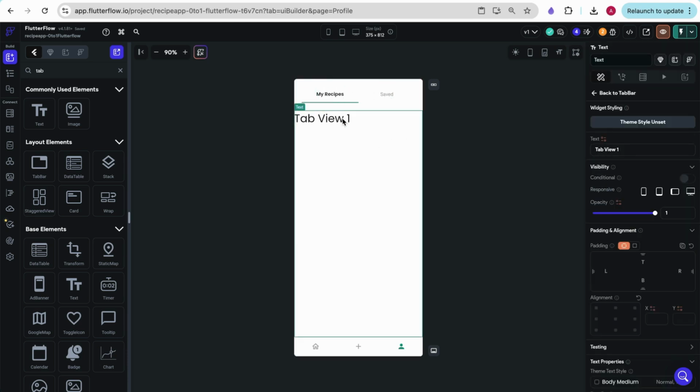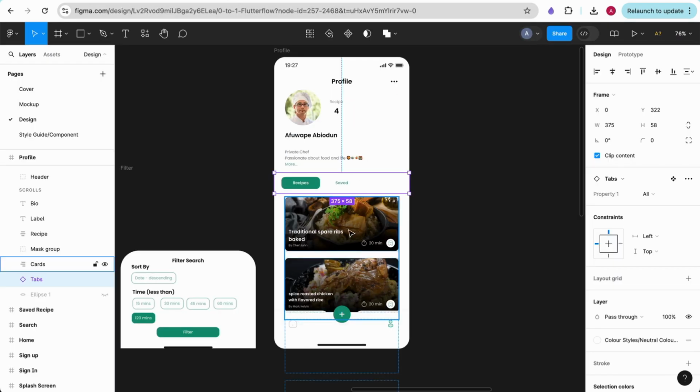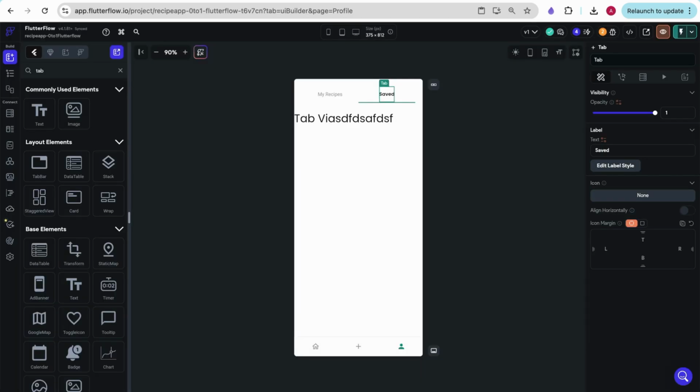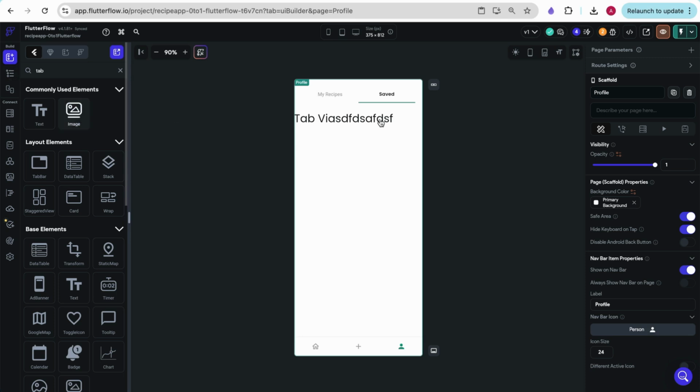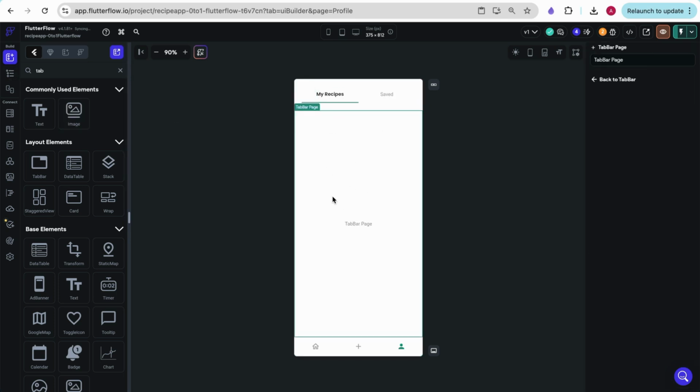Now to edit what's in each one, you just switch and then work on editing that. So I can edit this, it doesn't change anything here, and I just switch back and forth. Now we want to have this sort of scrolling thing. This is a stack, so what we're going to do is start in my recipes and delete the text. Here we just have a tab bar page,